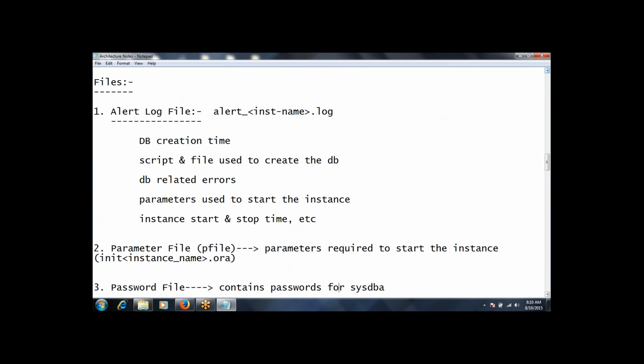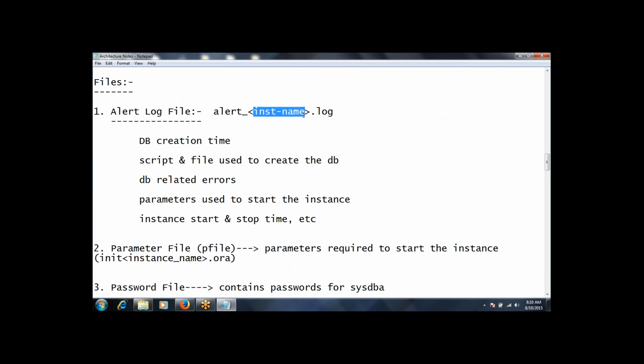So as we discussed, there are different types of files. Each file has its own importance. And when coming to the alert log file, it will be started with the keyword alert underscore and the instance name, whatever may be the instance name. Instance name is nothing but your database name or our SID name.